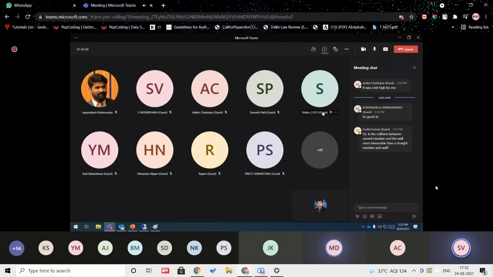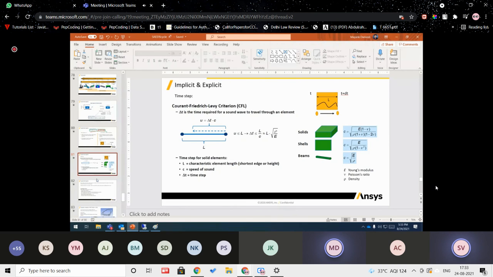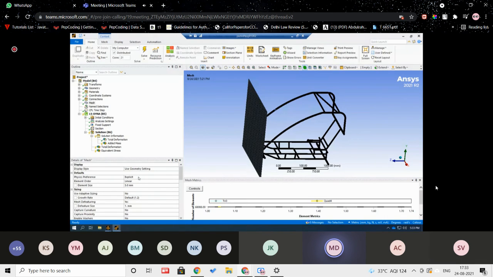So basically, the time step is driven by the element. That's where I have said we have a concept of mass scaling. Let's suppose a single element has a smaller time step, and you have given a big time step globally in the analysis setting, let's suppose 1e-6, and a single element of yours, this one, has a time step of e-9. So the solver will add some mass here just to make this time step e-6.